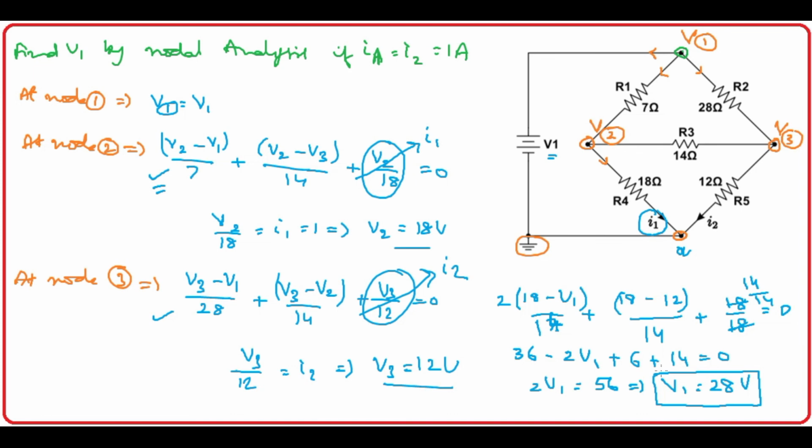Here we need to understand one point. With mesh analysis and nodal analysis, don't try to write all mesh equations and don't try to solve the mesh currents straight away. That is not the correct way. Similarly here also, don't try to write all nodal equations and find all voltages. Our main job is to find voltages, that's all. For example, in node 1 I need to find the node voltage V1. It is straight away equal to V1, already given. So no need to go ahead with that, simply write it, that's all.